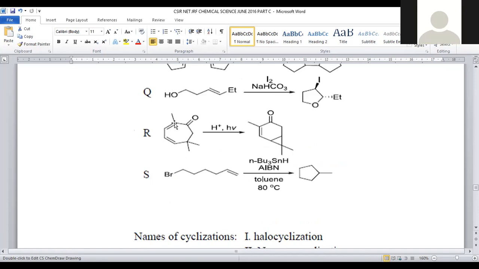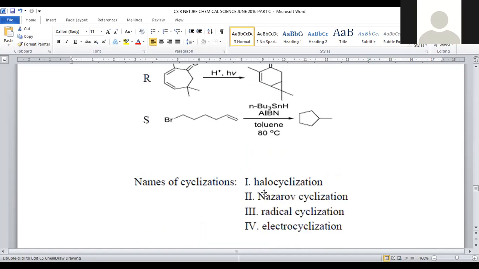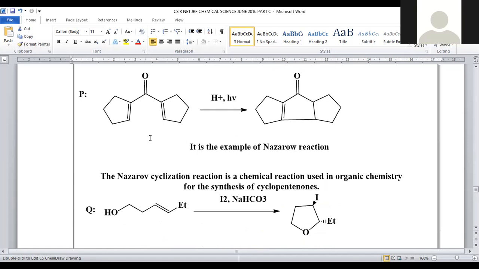And the next is about a 7-membered ring system. We have a double bond with methyl and geminal dimethyl, and a double bond O is there. H plus under h-nu conditions here. What will it do? Ring contraction. What is meant by ring contraction? Initially we have a 7-membered ring, it turned into a 6-membered ring. 7 to 6-membered, descending down, is called ring contraction. If we are converting 6 to 7, that is called ring expansion. It is a kind of ring contraction reaction, and let us see in the mechanism what will be performed. So first let us move on to the first question.